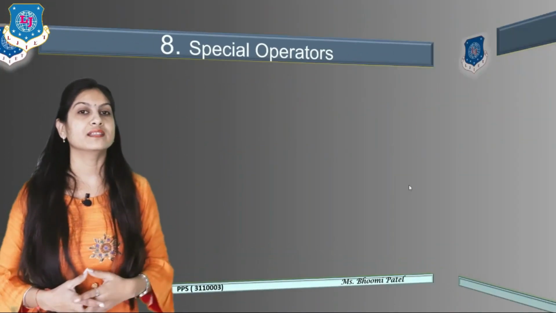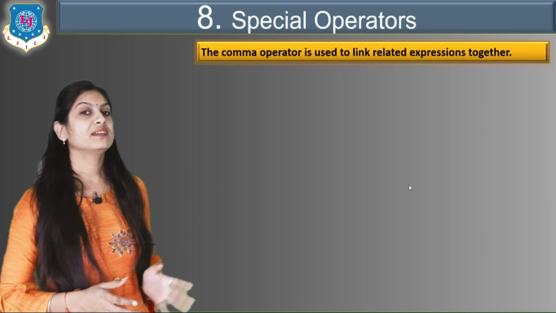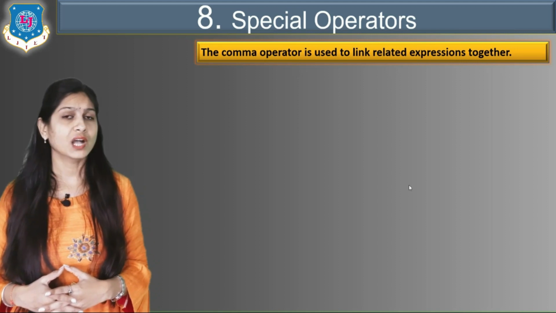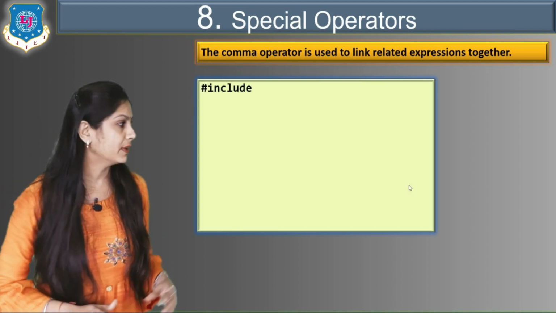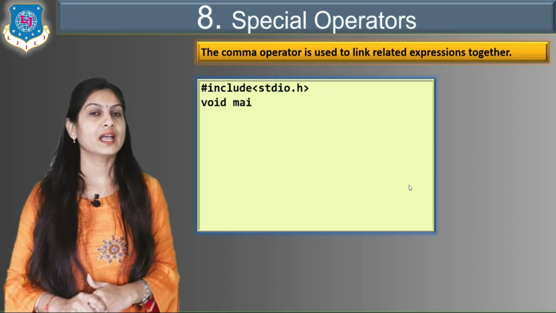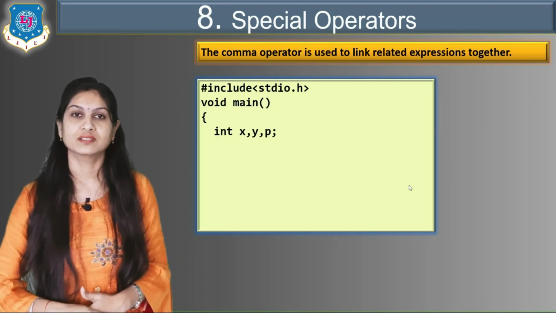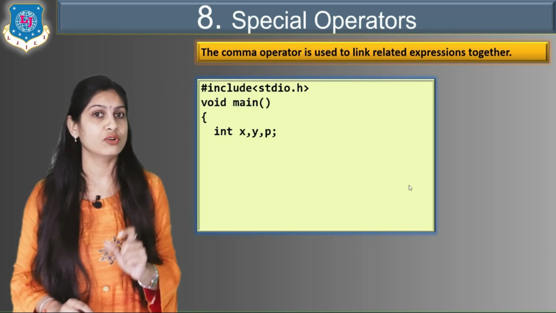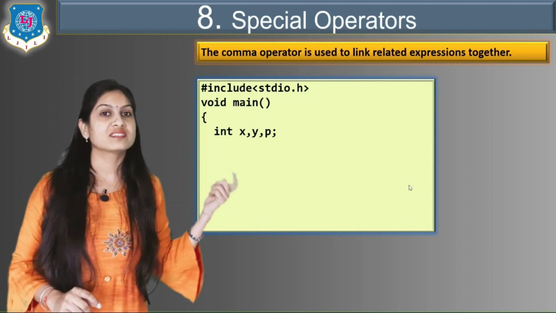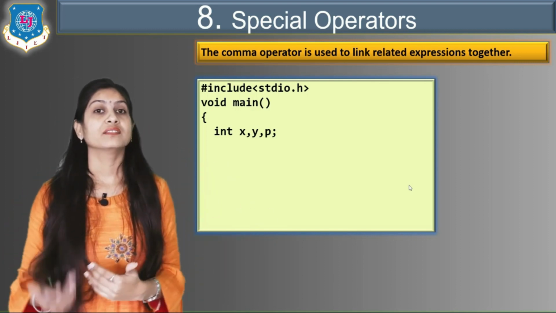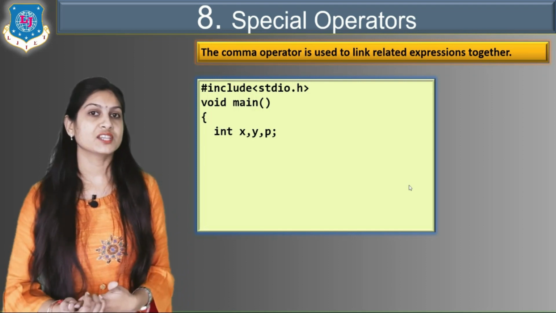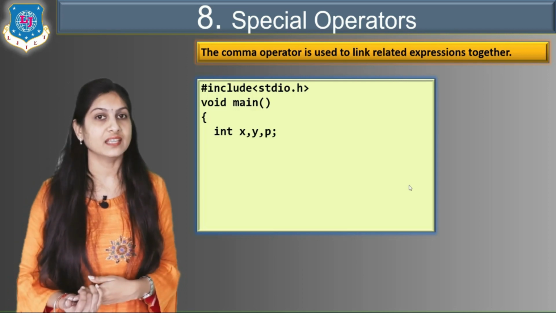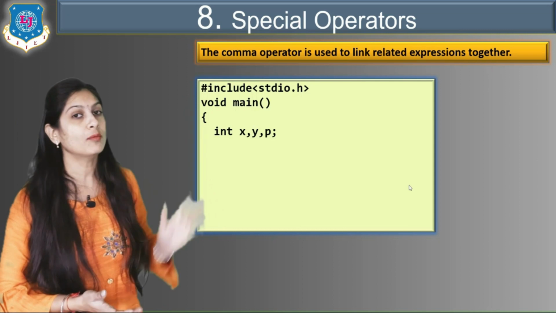Now move to the second, that is the comma operator. This operator is used just to link related expressions together. How is it possible? Understand with one simple example. Here I am writing the code for addition of two numbers. In the declaration part, if you remember, we assigned the values of input variables like a equals 10, b equals 20, something. But this type of declaration we can change. In the executable part also you can add that initialization using the comma operator.